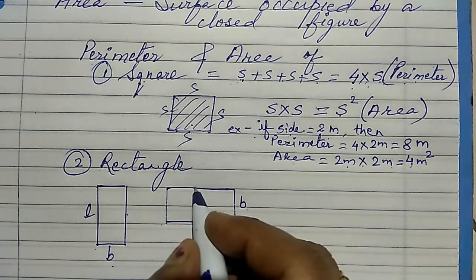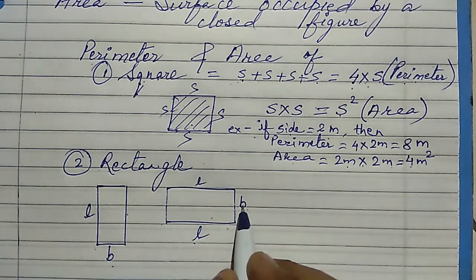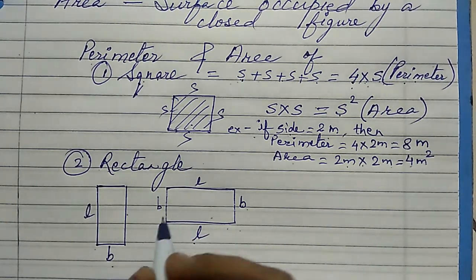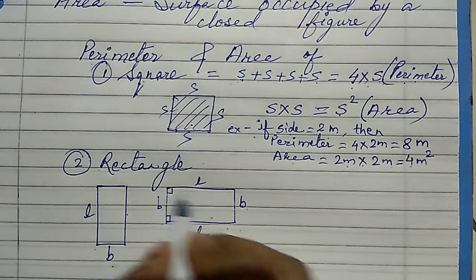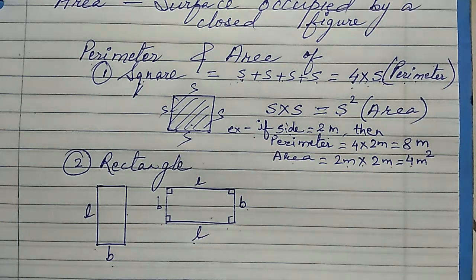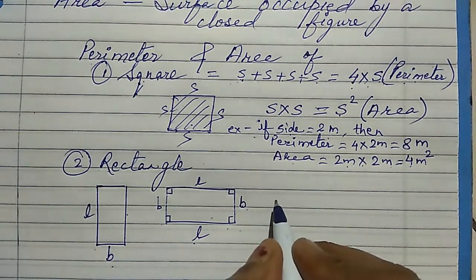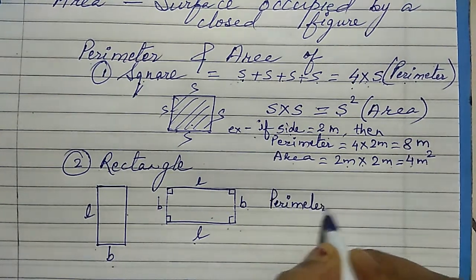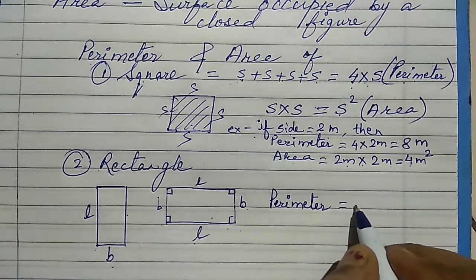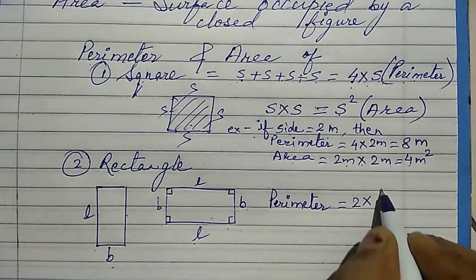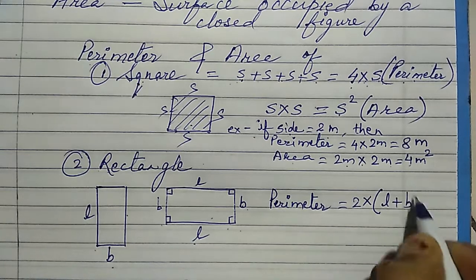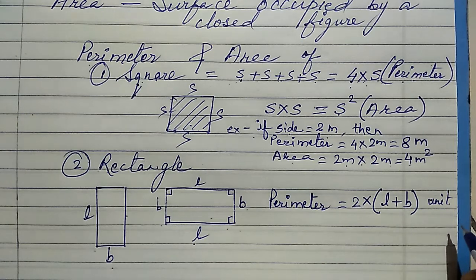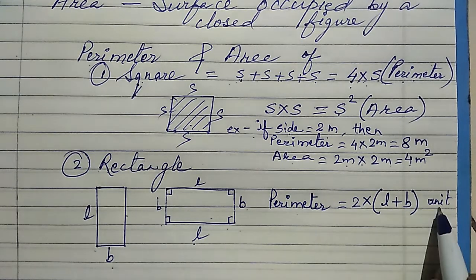अब ये L है तो इसके सामने की साइड L और ये B है तो इसके सामने की साइड B. And the other thing about the rectangle is it is having all the angles as 90 degree. ठीक है, तो अगर मुझे इसका निकालना है, let us say if I have to find the perimeter of the rectangle, तो पेरीमीटर का फॉर्मूला क्या है? 2 multiplied by L plus B, and unit. Whatever is the unit of the length and breadth given, the perimeter will have the same unit.